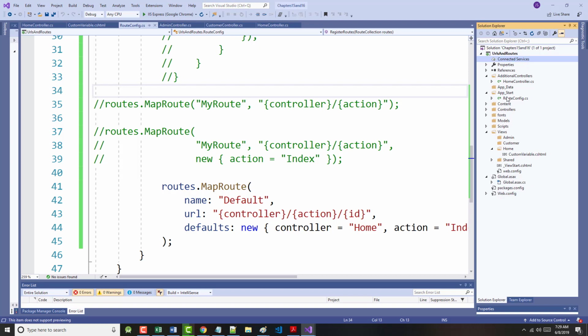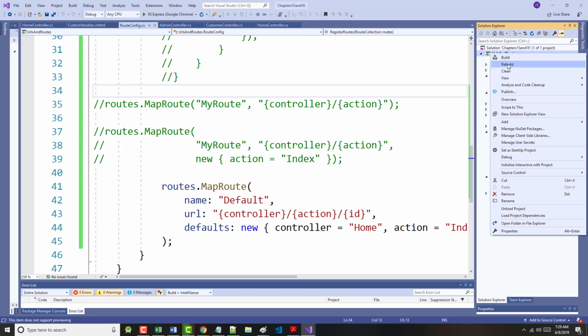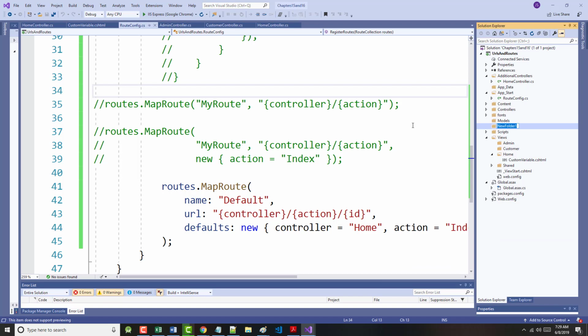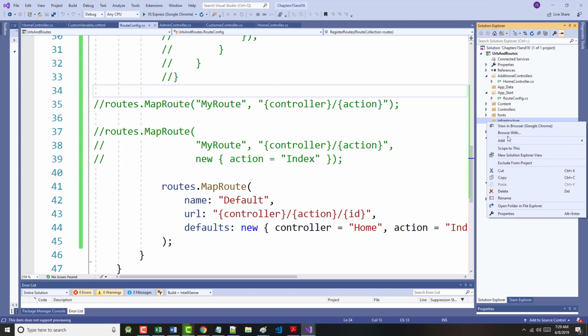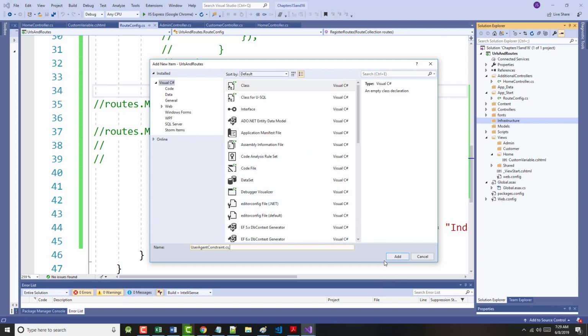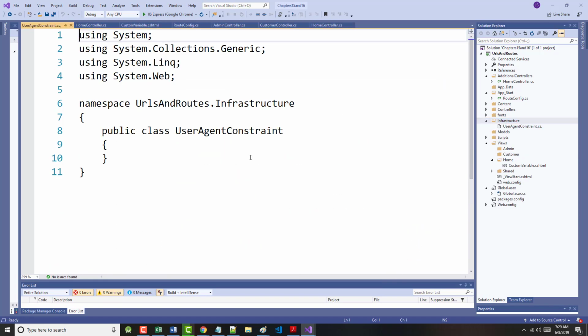So let's come in here, and like we did before with additional controllers, let's right mouse click on the name of our project, choose add, choose new folder, and we want to call this Infrastructure. And inside of here we want to create a new class. We're going to call that new class useragentconstraint.cs,